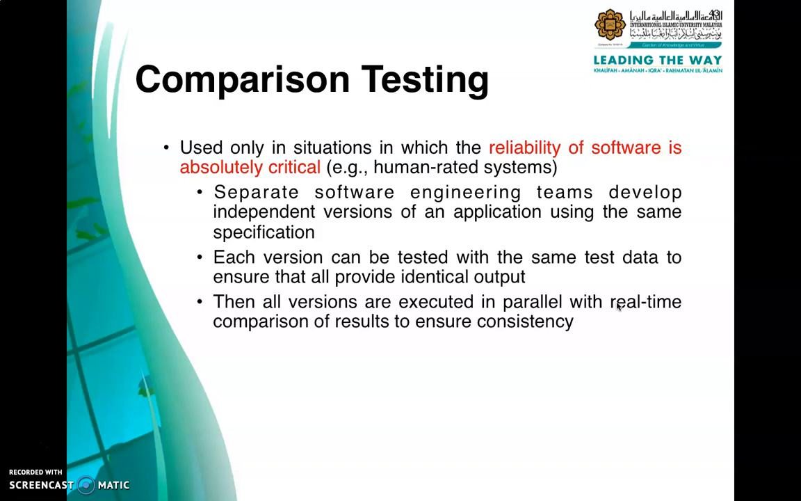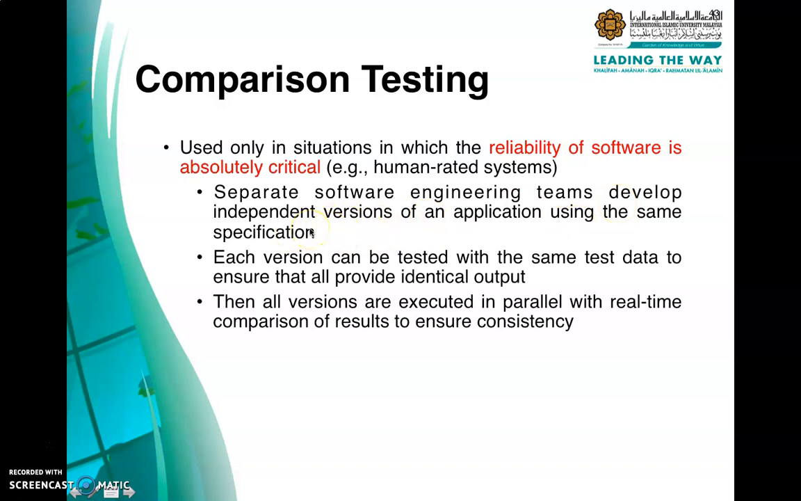Okay, another kind of black box testing is known as comparison testing. Comparison testing is used only in situations in which the reliability of software is absolutely critical, and we are talking about human-rated systems. Human-rated systems are systems that accommodate human needs, for example the system in a hospital, the system you use for surgery purposes, or any other real-time system that is critical. Under comparison testing, we need to allocate separate software engineering teams